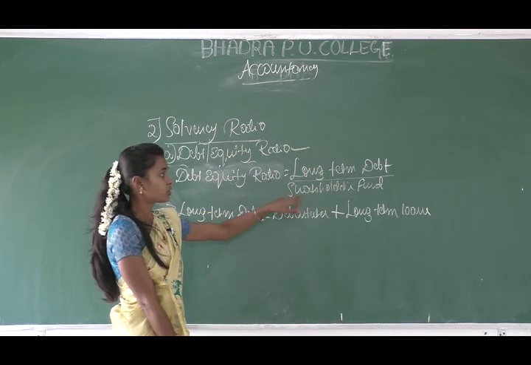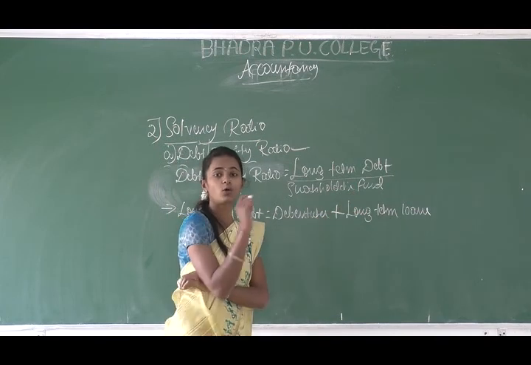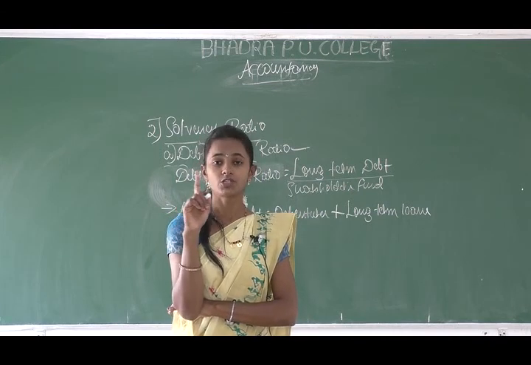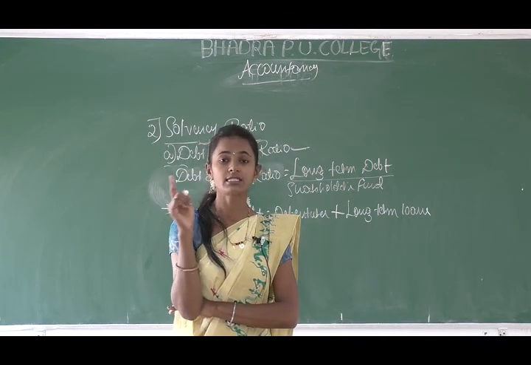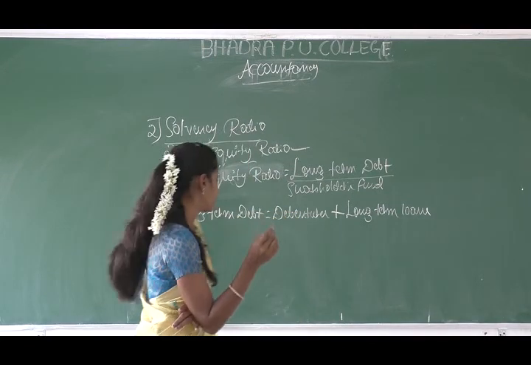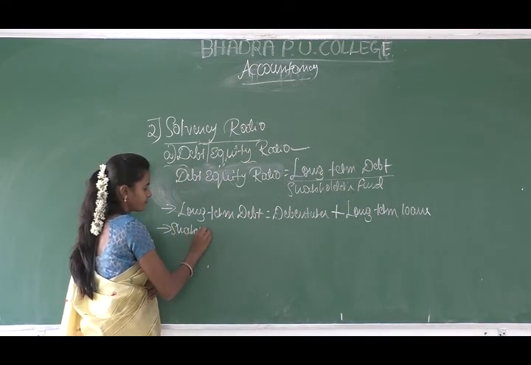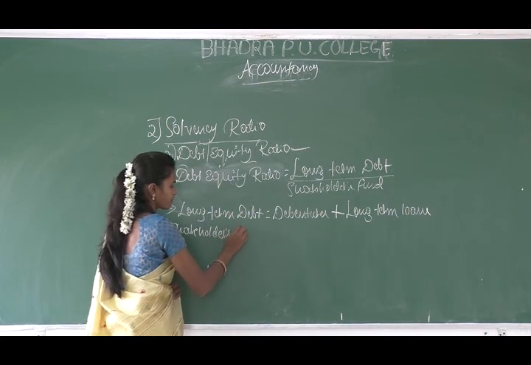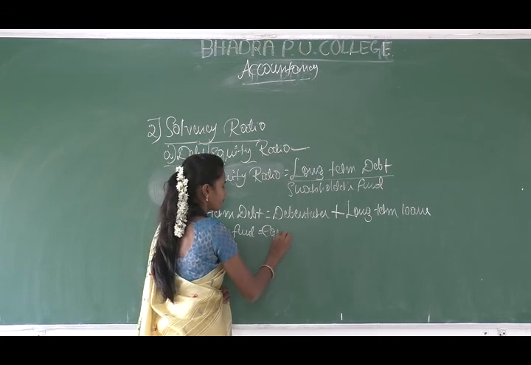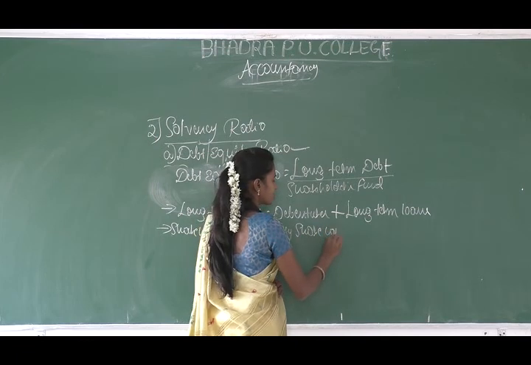Okay. Again, to calculate a shareholders fund, again we have a formula, that is shareholders fund is equals to equity share capital plus preference share capital plus reserves and surplus minus fictitious assets. Okay. I am writing here, shareholders fund is equals to equity share capital